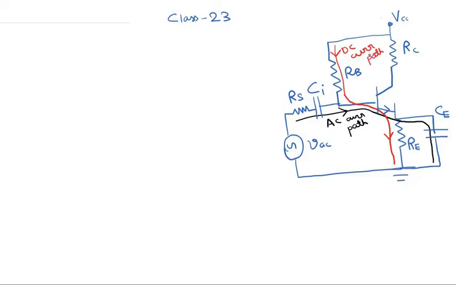So DC current path. Okay, and when we draw the equivalent small signal model of the transistor, we have three terminals for the transistor. One is the base, another is the collector, another is the emitter. So these are the three terminals for the transistor. And last day we discussed the small signal AC modeling for all these three parts. Okay, so the base to emitter junction is basically modeled by the small signal equivalent resistance, the small signal base resistance, which is denoted by this symbol r pi.